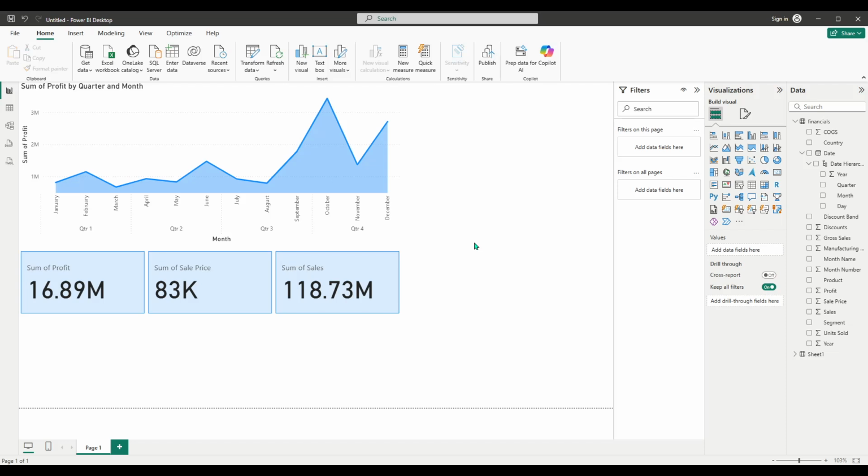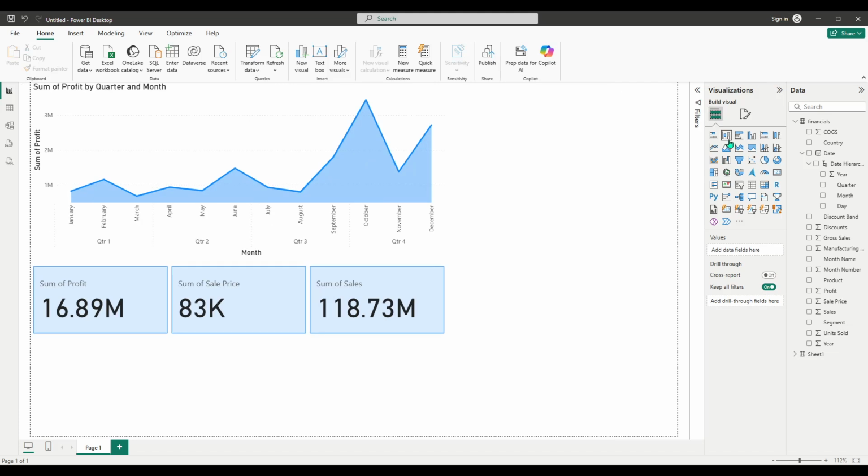To get started, make sure you're in the report view of Power BI. This is the area where you'll create and design your report layout. Once you're set, focus your attention on the right-hand pane of your screen. Here, you'll find the Visualizations pane, which is essentially a toolbox filled with various visual elements you can incorporate into your report. Among these visuals is the button slicer, an incredibly useful tool for improving the interactivity and usability of